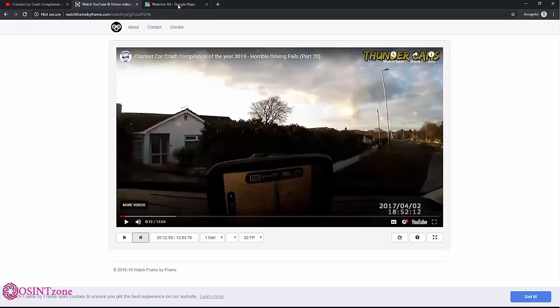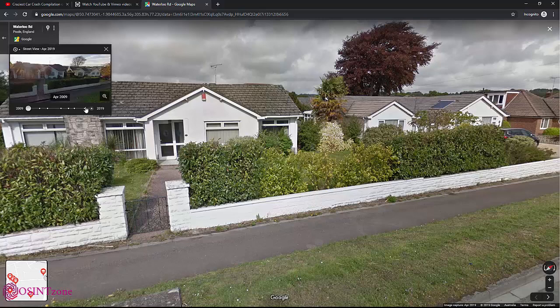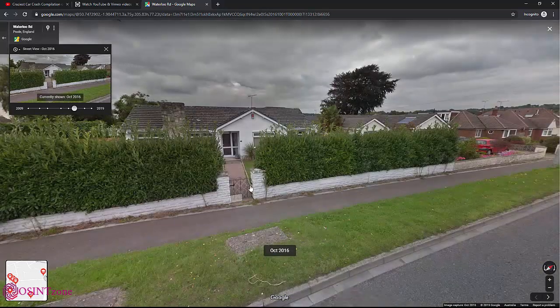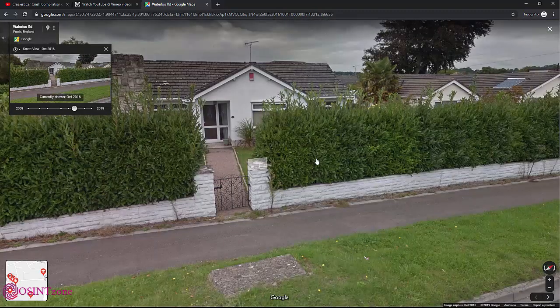This hedge is all healthy. This hedge is still growing. So we change the date on Street View by clicking on the clock here. And let's see what we can look at. We've got 2018, we want 2017, we've got 2016. So let's click on 2016, and we can see the tops of these are grey, and we've got a nice